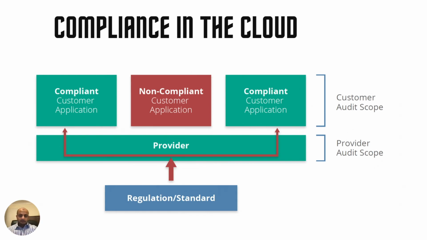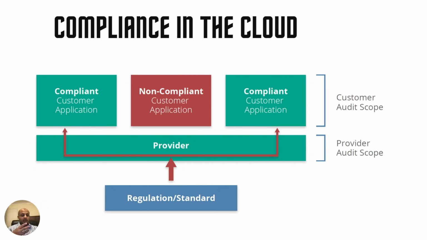But on top of that, if you are building services and configuring a service like an S3 bucket or a server, you have to make sure that you are configuring them as per PCI requirements. Whether it's PCI DSS, SOC 1, SOC Type 2, HIPAA, whatever it is, you have to make sure that you are configuring things as per the requirements of the standard. So it's your responsibility as a customer to build compliant applications and services on top of the cloud. The provider infrastructure usually is not within the scope of your audit. They will just give you reports which you can share with your auditor, but what you're building on top of them is your responsibility.